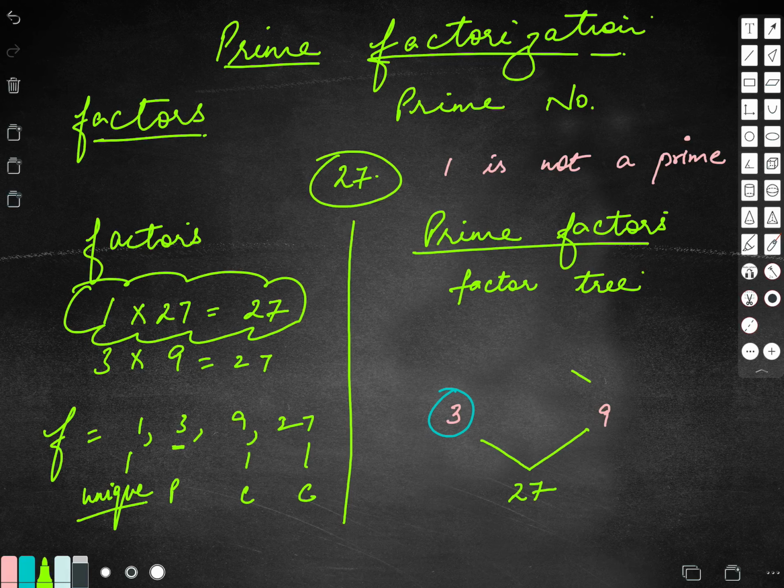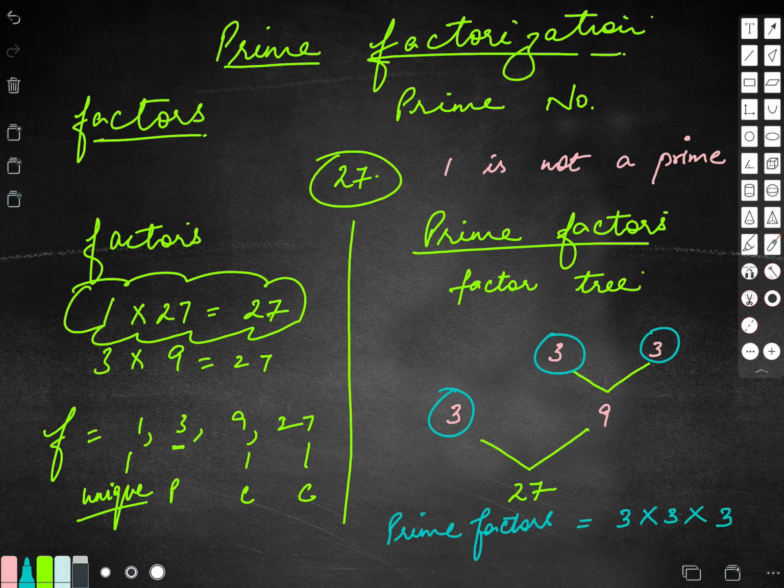So children, the one which is composite, I will make a branch again like a tree. Again it will come in the table of 3. And what is my quotient? 3. Now I observe that both are prime. So in these circles I have got prime numbers and the prime factors. What have I received? 3 times 3. So when you multiply this, you get 27. So this is your pair of prime factors. Repeat this video again and again if you have not understood one time.